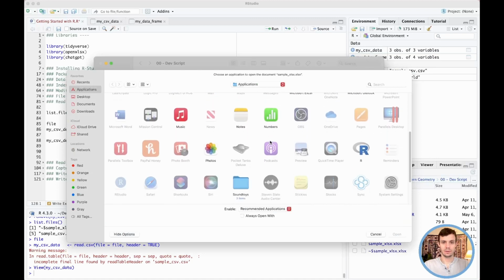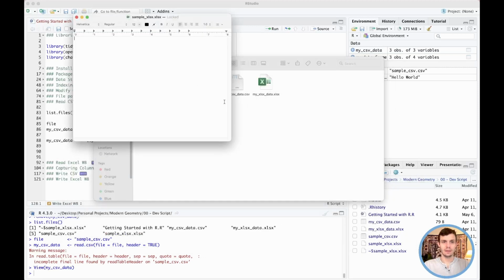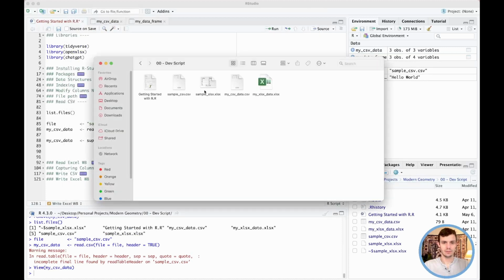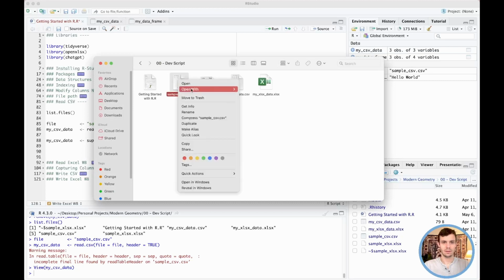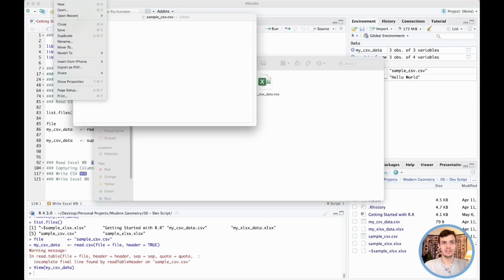Let's open it with a text editor. Oh, we want to open not the XLSX, but the text. All right. So this is the sample CSV that we just read in, and you see that if we add an enter here, and then we hit save,